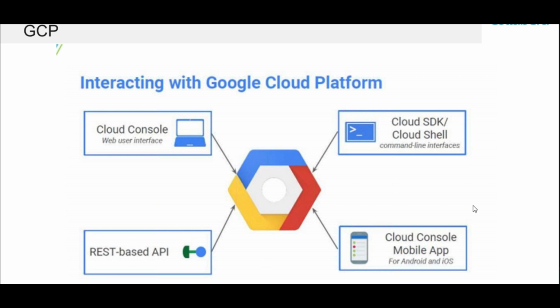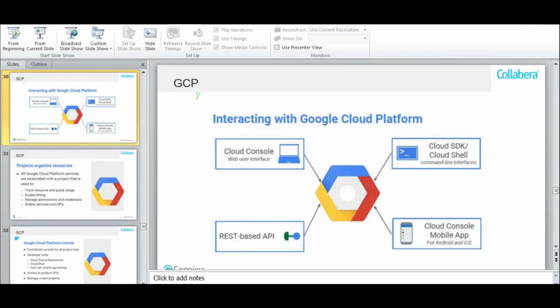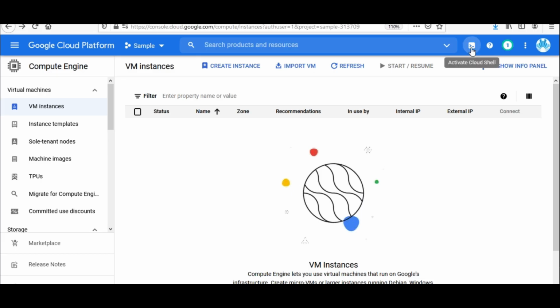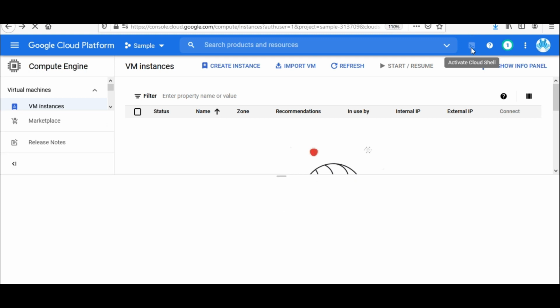Then you can access the console in the form of a CLI also, or we call it Cloud Shell, where you can put your commands. You can use the resources with the command line. Cloud Shell is an inbuilt functionality within Google Cloud. And from here you have to activate Cloud Shell. If I click on activate Cloud Shell, it will open up a console, and from that console I can use the command lines or the CLI. So here you can see it is connecting.